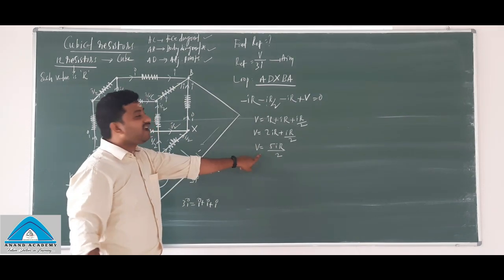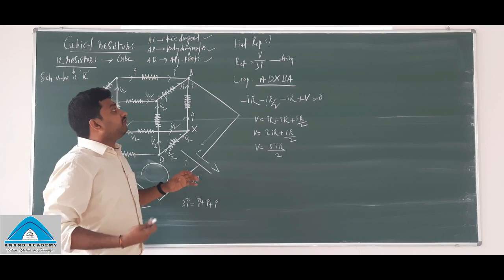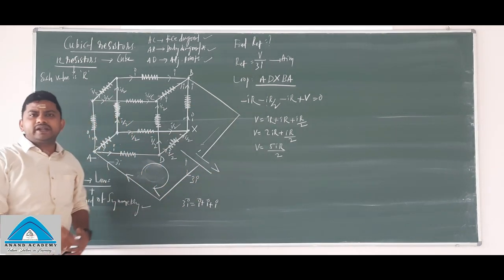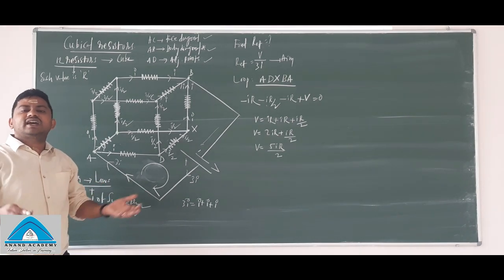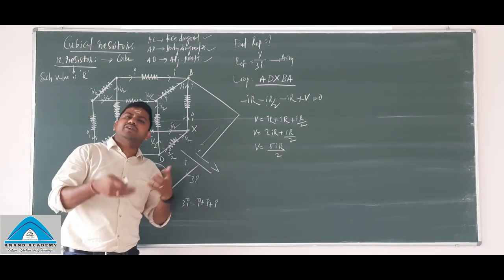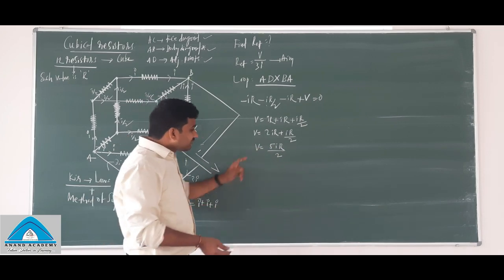This is the V effective value, right? In terms of what? We always find the effective resistance in terms of R. Okay, R by 2, R by 3. When R resistors are connected, each value is R, so we find the effective resistance in terms of R. Okay. Now 5R by 2 here.